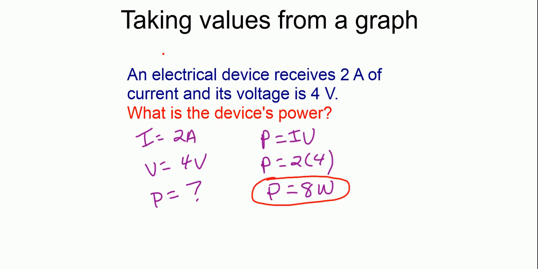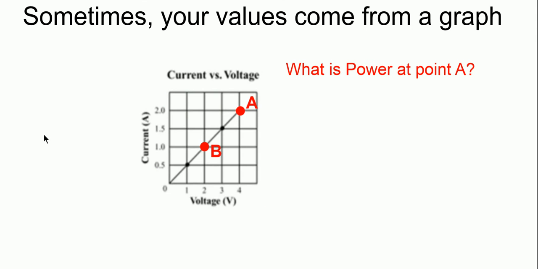So back to words for a second, and I know you're going to use a blue sheet method. It's easy. 2 amps of current, 4 volts of voltage, looking for power. There's your formula, plug it in, you're done. You got your values from those words, didn't you? But sometimes they'll give you the values you need to do a calculation or to do a problem in general